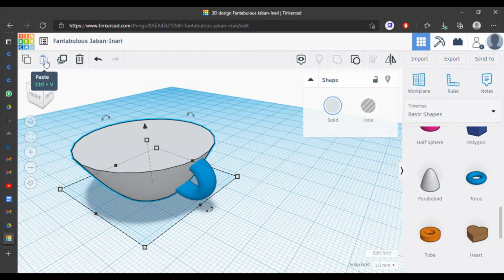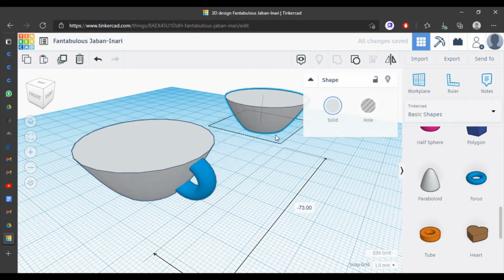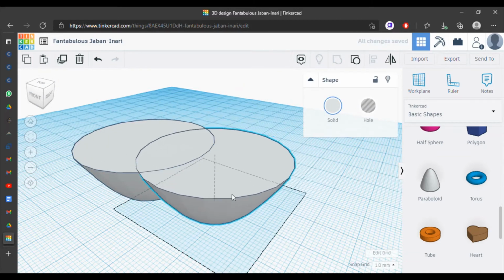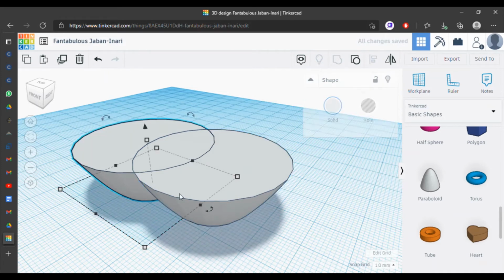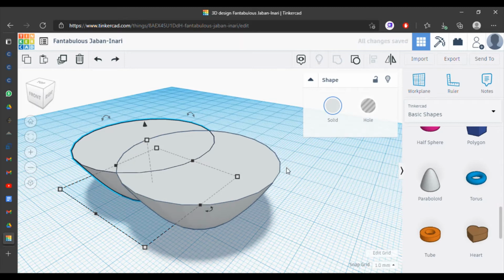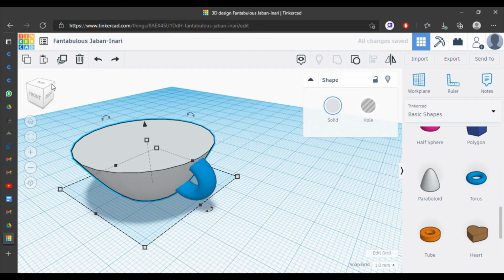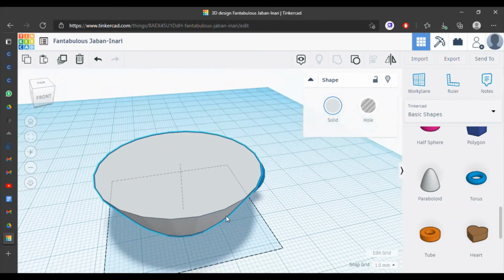So we have a duplicate over here, but the duplicate is not aligned with the original one. So instead of copying and pasting, we will just duplicate. Okay, Control plus D. What does this duplicate button do? It creates a copy in that same location, so you don't have to worry about the location.